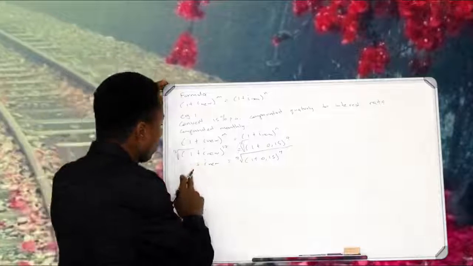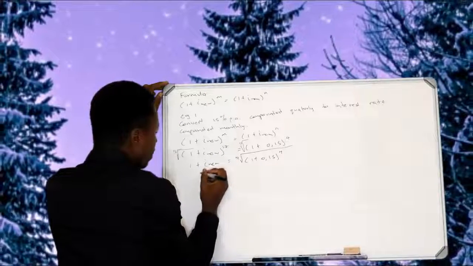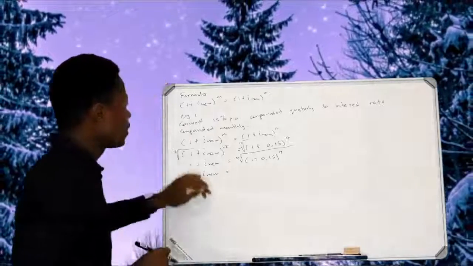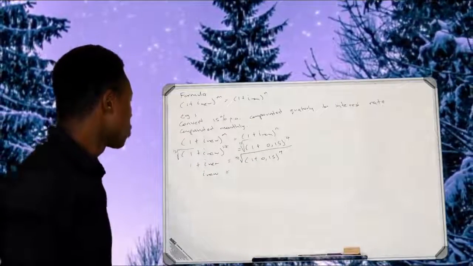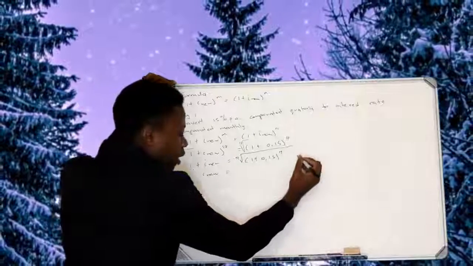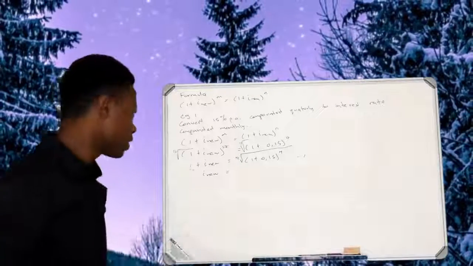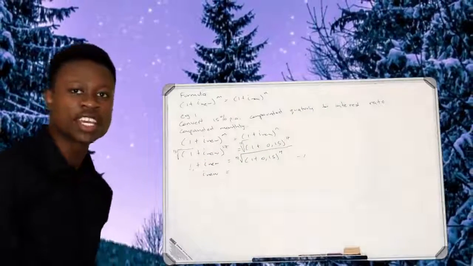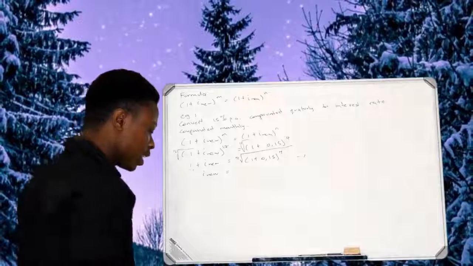So now I have 1 plus i nu. I take the 1 onto the other side. If I take the 1 onto that side, it will be minus 1 here, and then it becomes minus 1 on that side, right? So now i nu will be equal to. You just put all of this into your calculator, and the value that you should get is